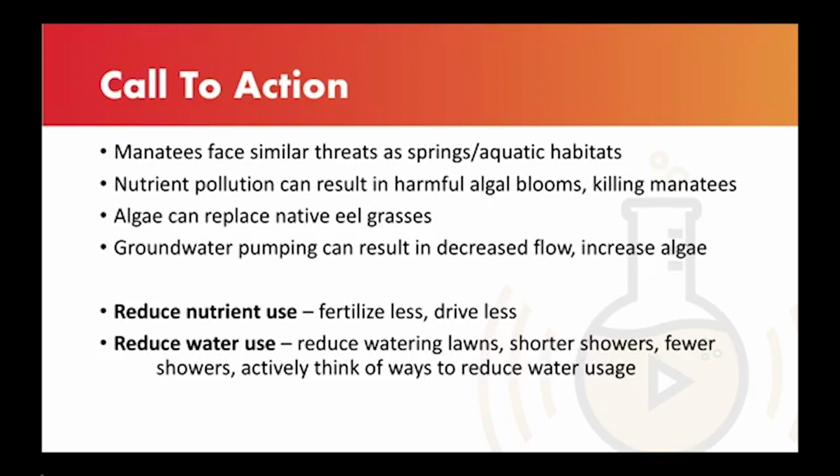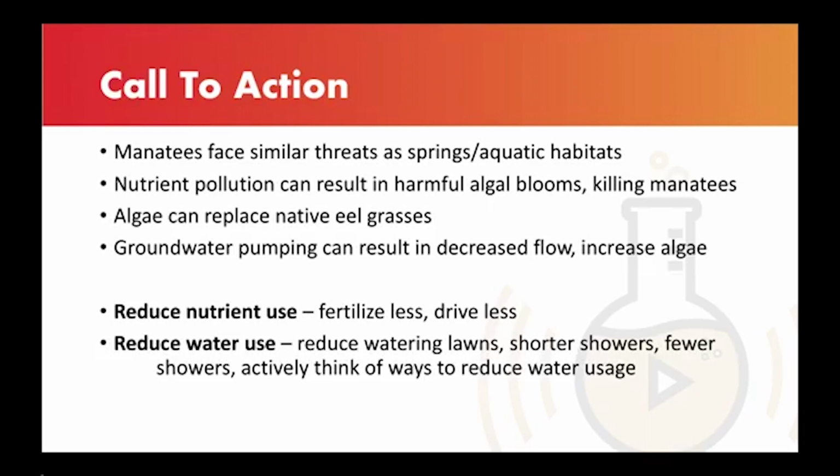And so finally, some things that we can do to help protect springs and manatees are reduce our nutrient use and reduce our water use. So ways to reduce nutrient use could be things such as fertilizing less and driving less, because these result in nutrients being released in the environment: driving through combustion of the fossil fuels, and fertilizing, obviously just a straight nutrient input